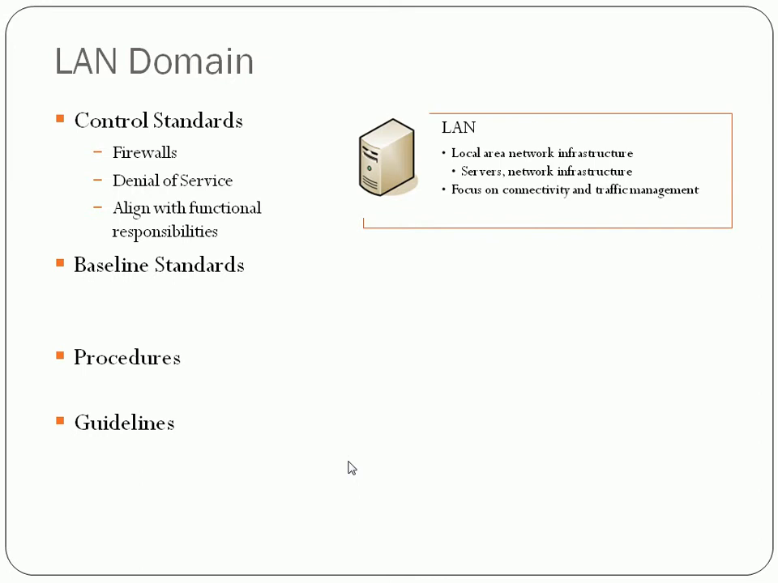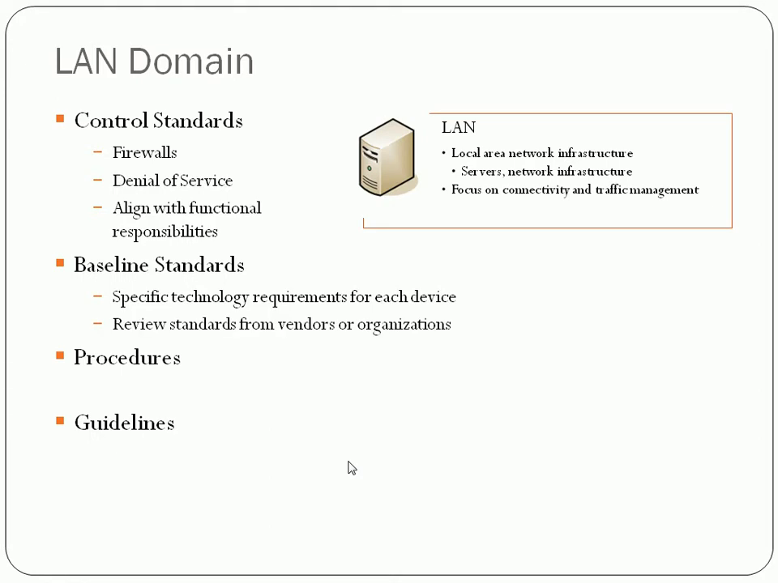So lots of examples in Table 10-2 in the textbook. And if you're looking at my edition, it's on page 241. But some different control standards. And then for baseline standards, again, this is just like all the other ones. These are specific technology requirements for each device. So you can look at standards from vendors and other organizations. So, for example, Cisco or something like that might already have some baseline standards that you can use to implement some of those